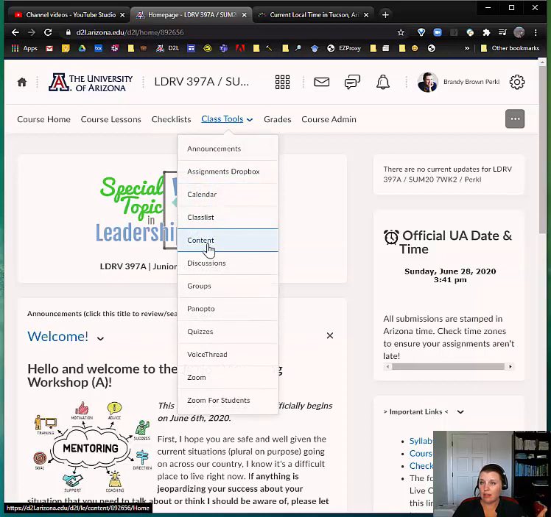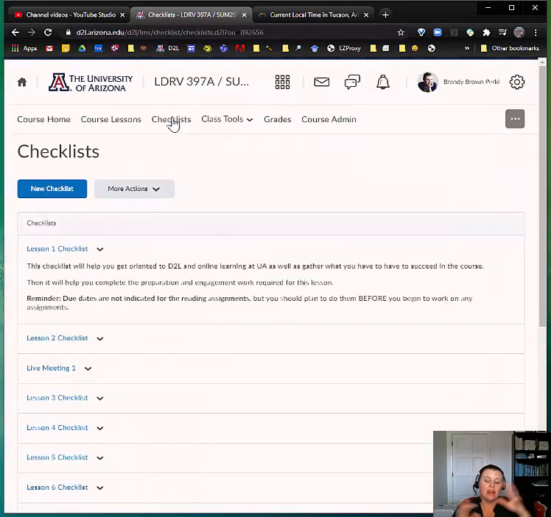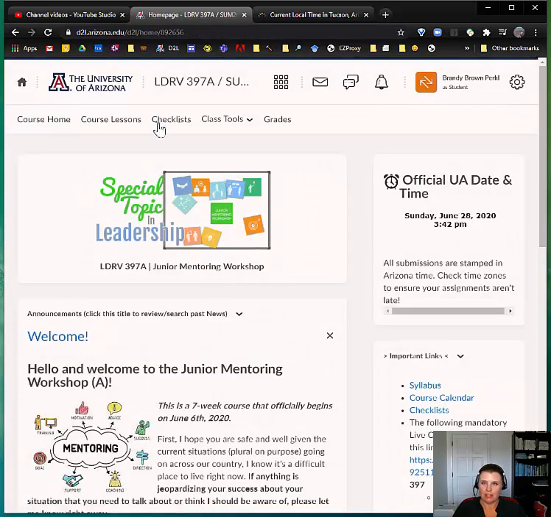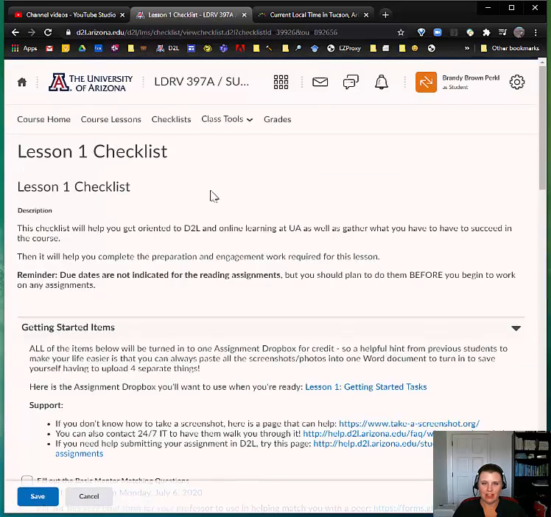You can go to content and look at the checklist there. They're exactly the same as the checklist in the checklist tool. They just kind of show up on your computer different ways, and some students really prefer the way they look in one space versus the way they look in the other. And it has automatically put me back in a professor role. So I must have clicked something. So let's go to checklist as a student and see how this looks.